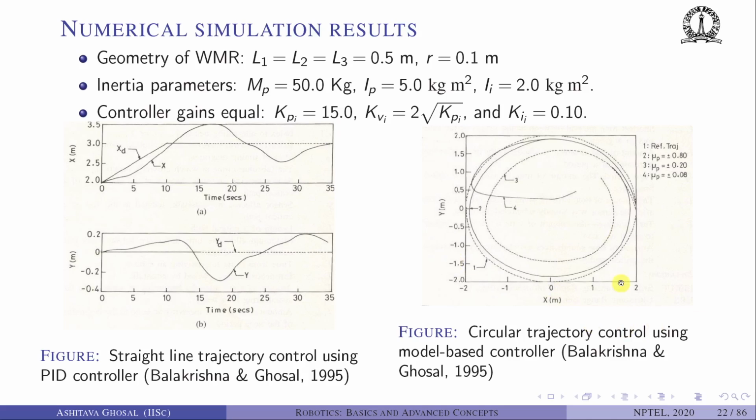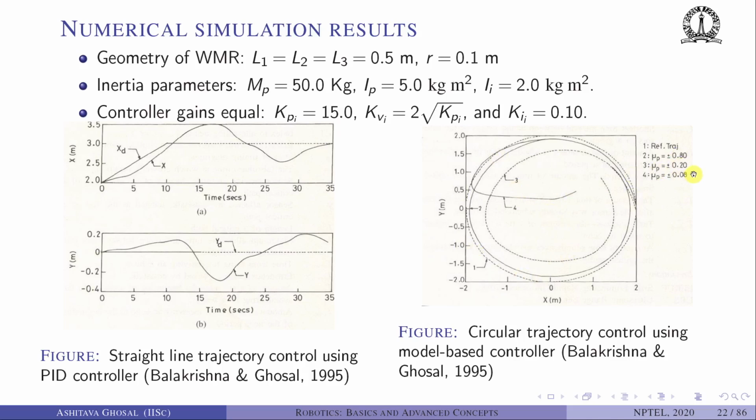So we can also see how the mobile robot traces a circular trajectory. Okay, and we can try different adhesion coefficients. So remember, mu A is a value which you need to choose. It depends on the friction and various other parameters between the wheel and the ground. So the reference trajectory is a circle, and for different mu peak, so remember mu A has a peak value. So if you assume that to be 0.8, or 0.2 or 0.08, so 3 different values, one very small, one medium, and one very large, you can see what is happening to the trajectory.